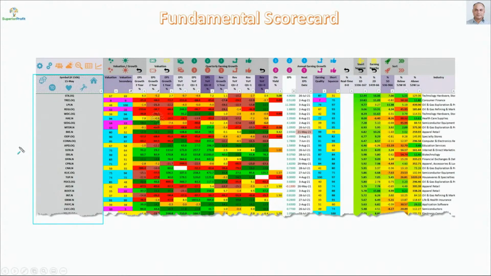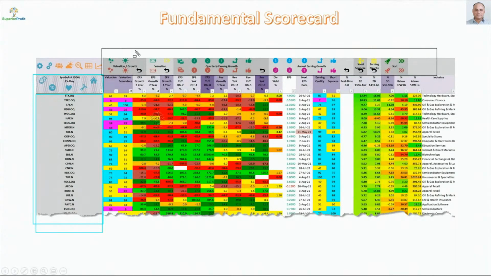What I tend to do is I just create a list of liquid stocks. Normally, it doesn't make sense to trade illiquid stocks. The bid-ask spread is too wide. So normally traders focus on liquid stocks. I just create a list of liquid stocks, calculate the scorecard of all the stocks, then use the smart action